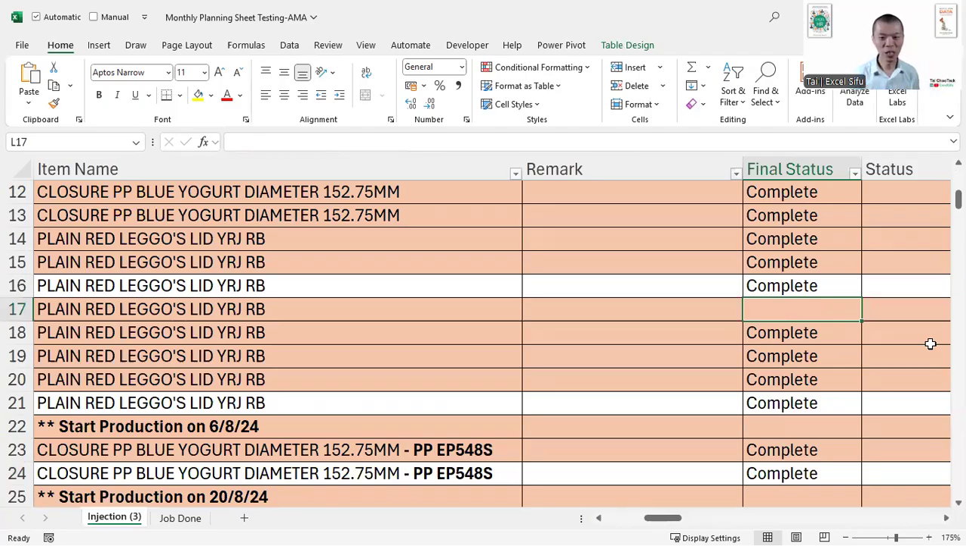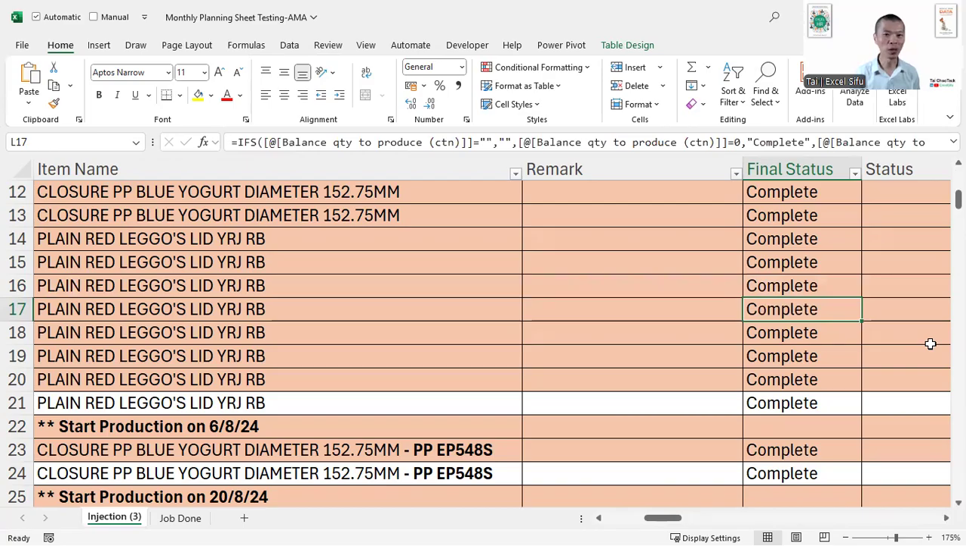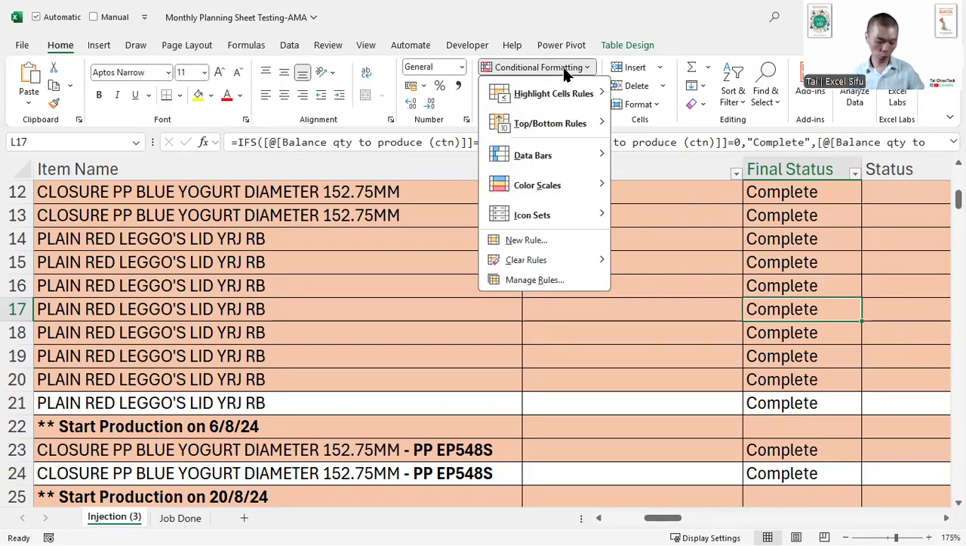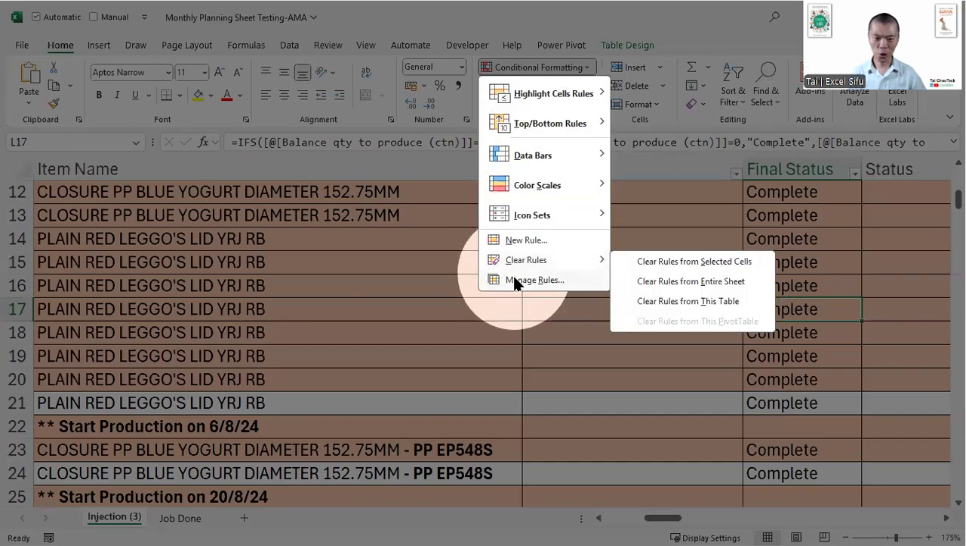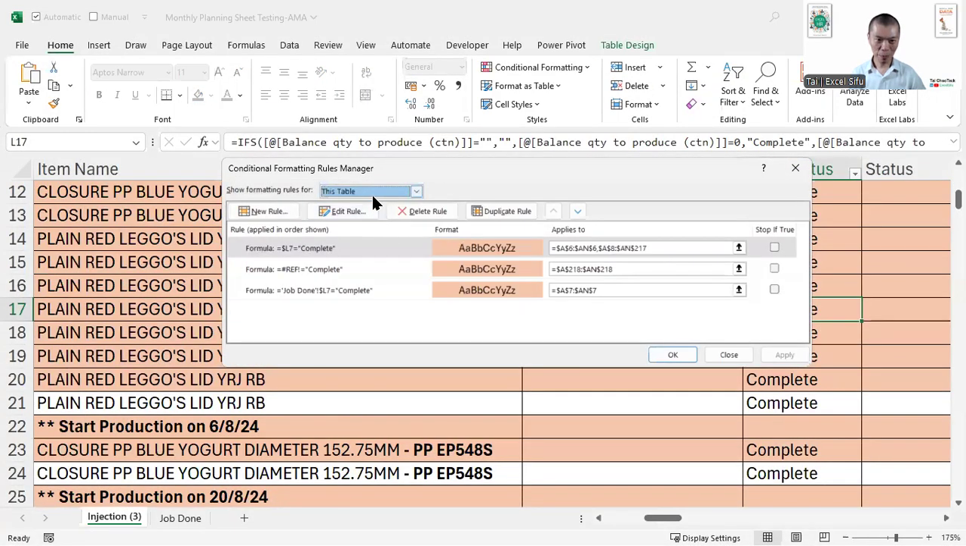That is something not so accurate about conditional formatting. When this thing happens, there are many possible causes. So first, we go to conditional formatting. Inside Home, Conditional Formatting, Manage Rules. Inside Manage Rules,